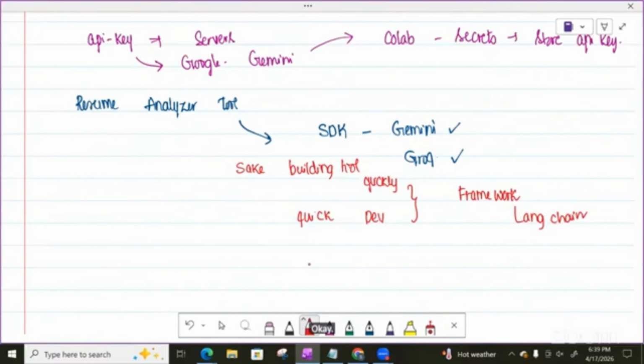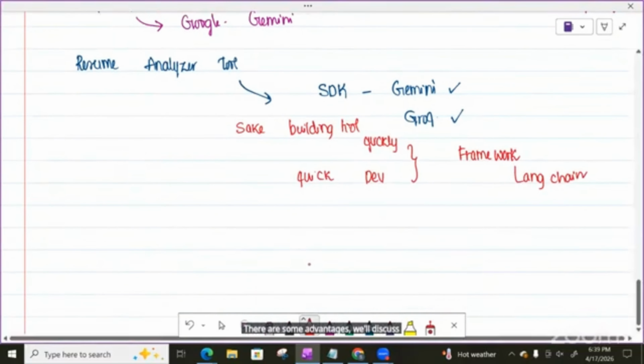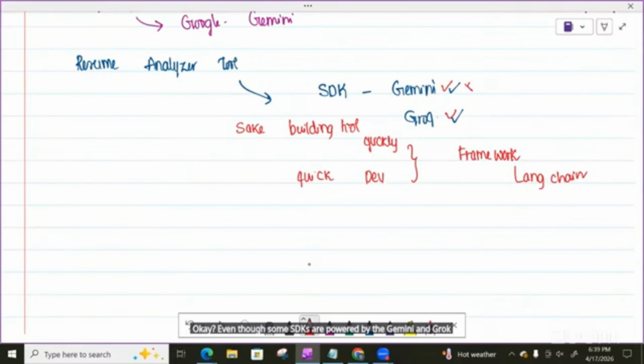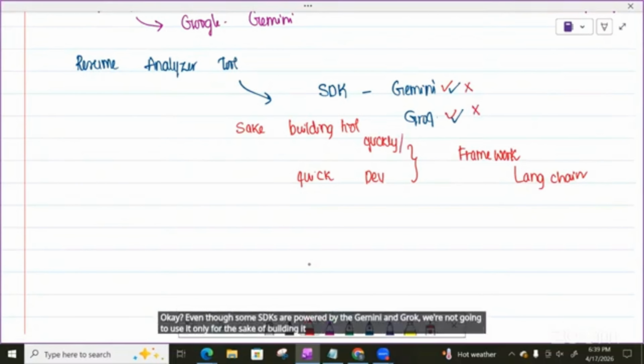There are some advantages, we'll discuss them. Even though some SDKs are provided by Gemini and Groq, we're not going to use them, only for the sake of building quickly and easily, with less development time, we'll be using LangChain. Now, why LangChain? Why not SDKs? There are mainly three reasons, though many reasons are available, for opting for LangChain. The first reason is